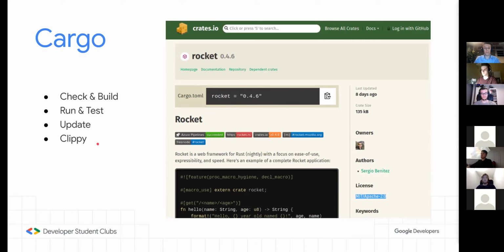And last, we also have Clippy. Clippy is your personal Rust assistant. It's basically code analysis and style check all combined. It will give you suggestions on how to improve your code. For example, if you use wrong naming conventions, or you're copying some data when you could just borrow it, which is a lot more efficient, Clippy will warn you and give you possible solutions and links to documentation. So Clippy is really useful when you're just starting out to write proper Rust and use all the features Rust provides.